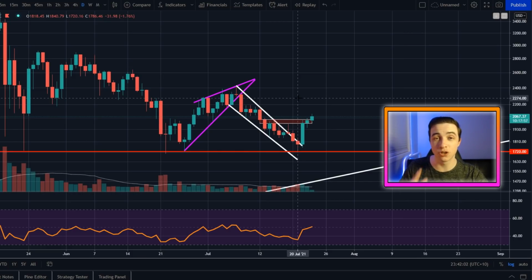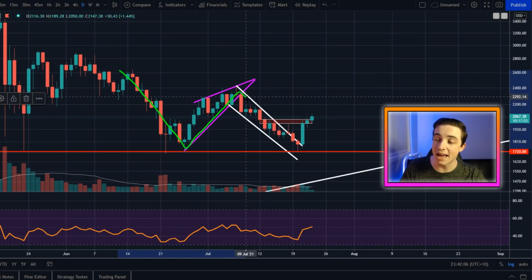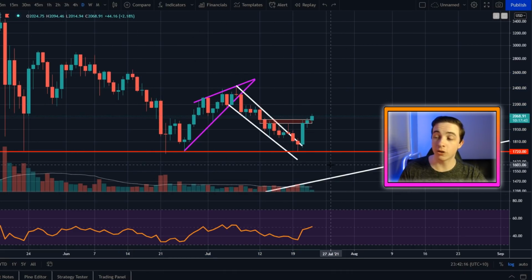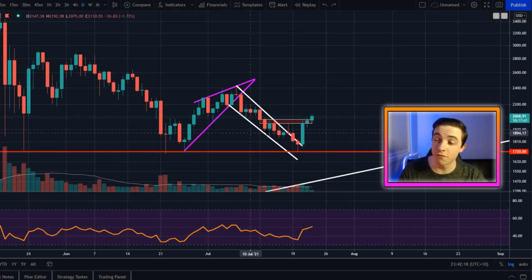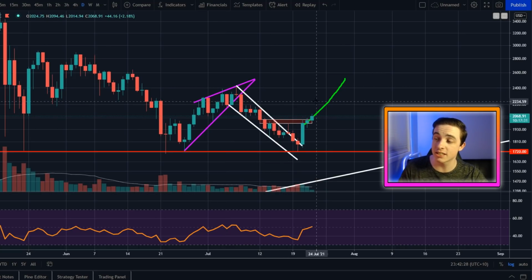Now, of course, this is not confirmed just yet, but right now we are forming a massive W pattern on the daily Ethereum time frame. As you can see just here, that is a perfect double bottom pattern. And all we need for the Ethereum price to confirm this pattern is simply for the price to continue to the upside and actually break above this level just here, which is, by the way, at around 2.4K, around $2,500 US. If we can start breaking above $2,500 US for Ethereum, then that will confirm this massive W pattern,